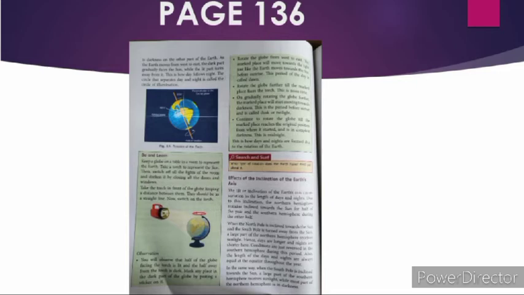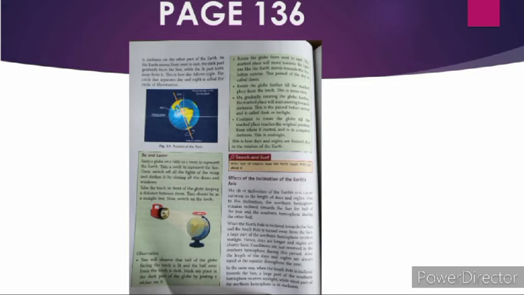This experiment you have to do at home. This you may do if you are having a globe. Now what will you do? Rotate the globe from west to east. The marked place will move towards the light just like the earth moves towards the sun before sunrise. This period of the day is called dawn.